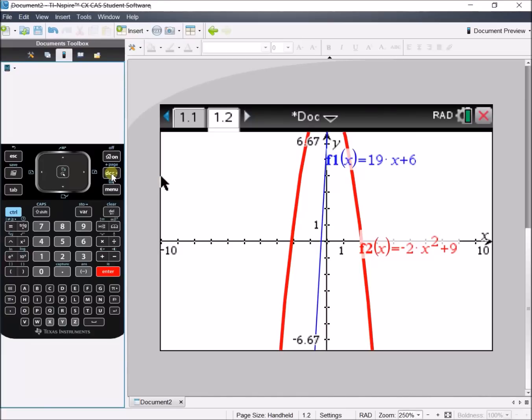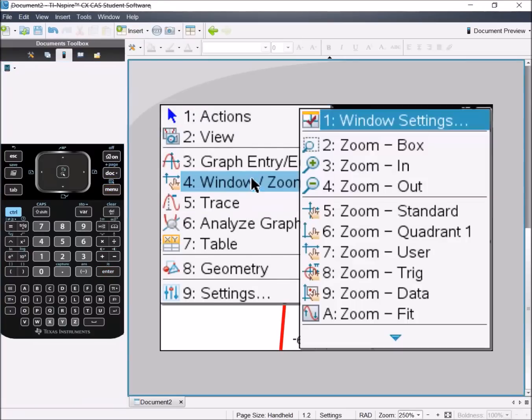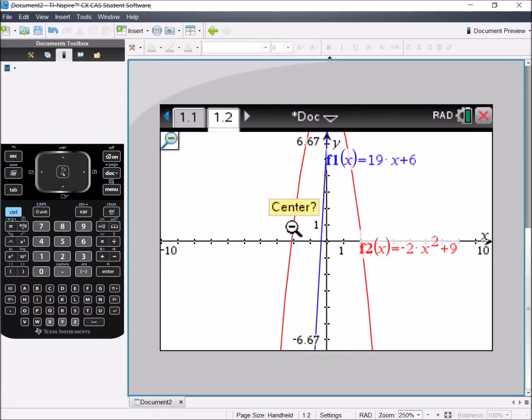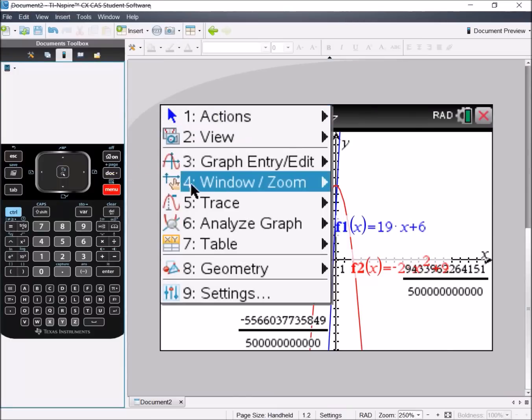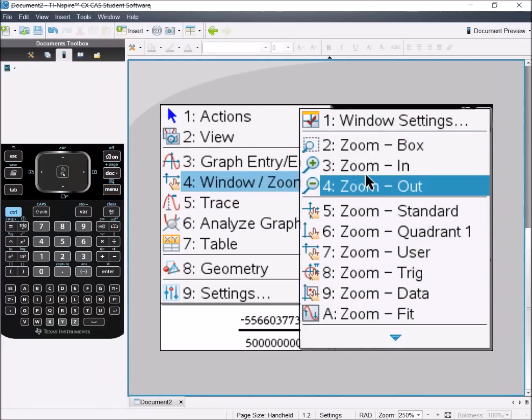Let's fix that. For that we need Menu, Window Zoom, Zoom Out. We click here. Let's say we wanted to find out the y value of the graph at a certain x. Maybe we just wanted to get a closer look at a certain part. First of all, let's zoom back in. Window Zoom, Zoom In,